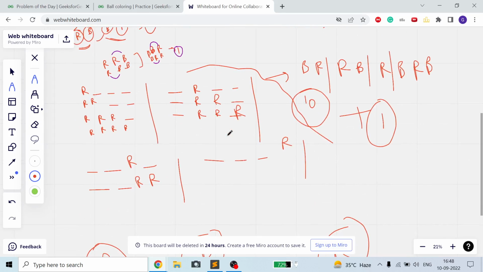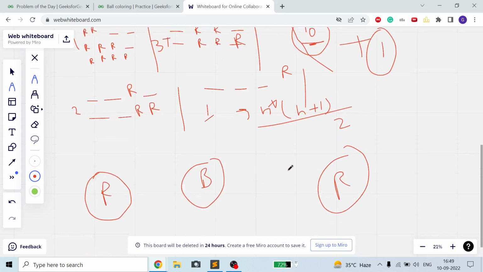Okay guys, and here you can assume a pattern. If I am starting from the first place, then we can have a total of 4 patterns, since n is equal to 4. Starting from the second place, I have 3 patterns. Third place, I have 2 patterns. Last place, I have only 1 pattern. So the number of patterns is equal to the sum of the first n natural numbers. N is equal to 4 here, so n into n plus 1 divided by 2, because we have to do it in O(1), so I have to find a formula. That is 4 into 5 divided by 2, 20 divided by 2, that is 10.